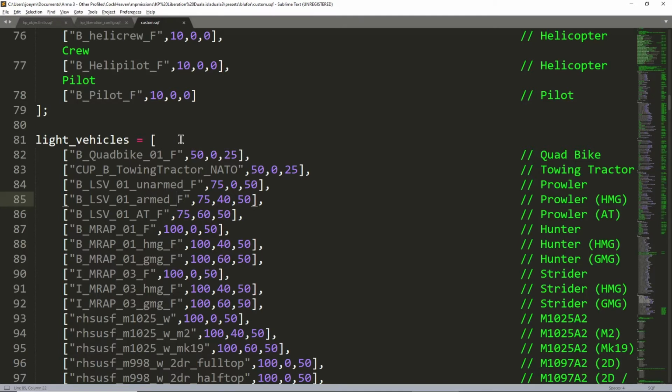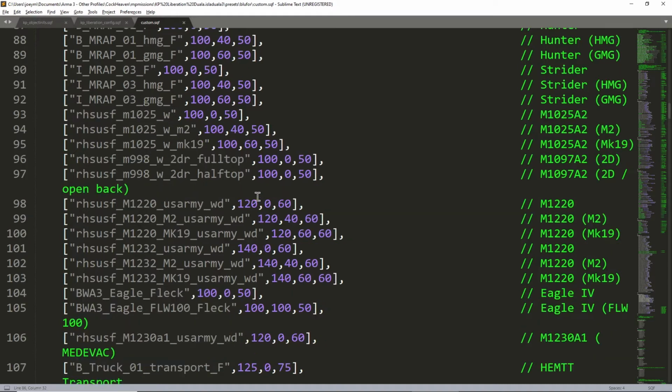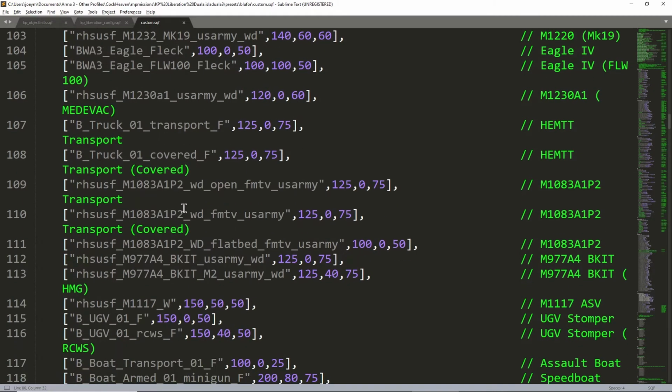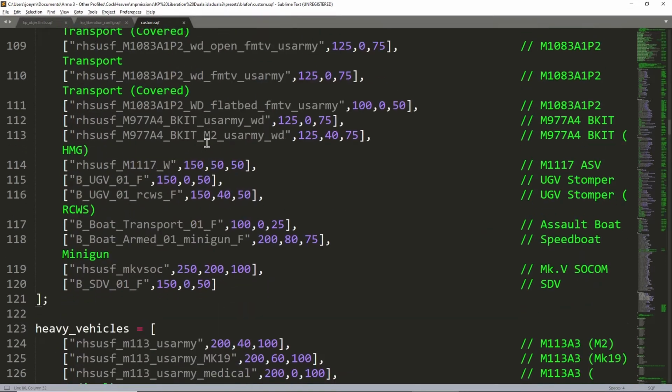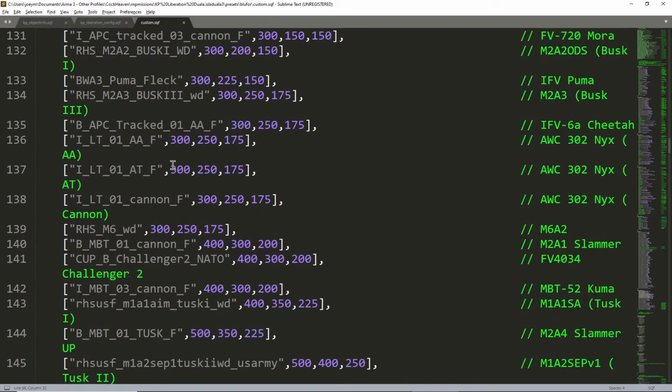However, in this category, you're going to want to keep in mind balance, economic balance, as well as how soon you want players to have access to an asset. So the first part, the economic balance, I usually try and compare similar values. If I'm going to put an Abrams tank in here, I'm going to look for an MBT that already exists in here. So I can find that under